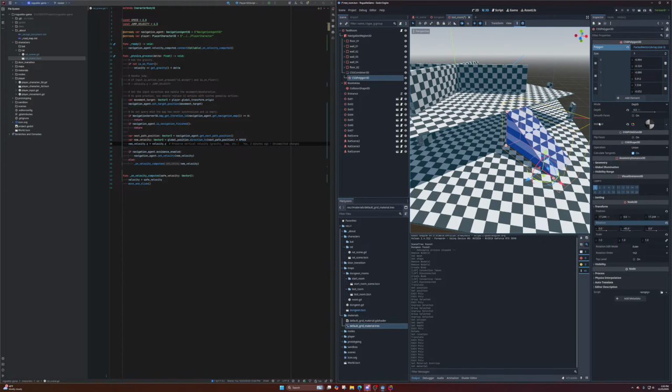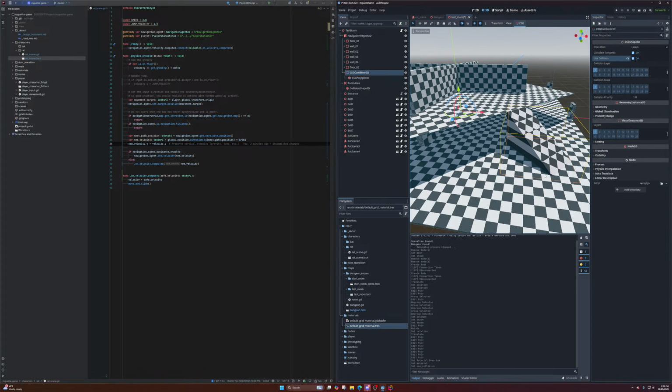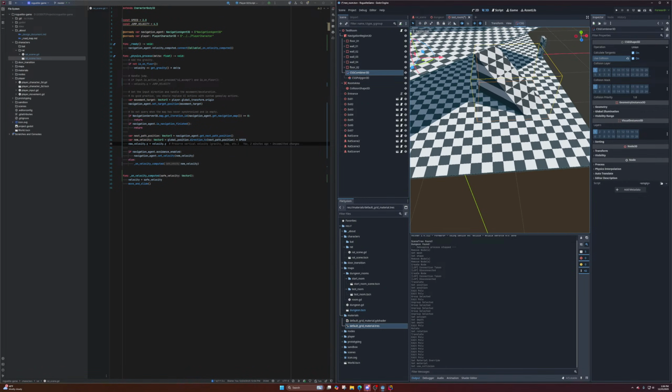Flip faces. Material smooth faces, positions, physics, auto translate. I think it's going to be the CSG combiner, actually. Use collision. There we go. Okay, so now that we have this,